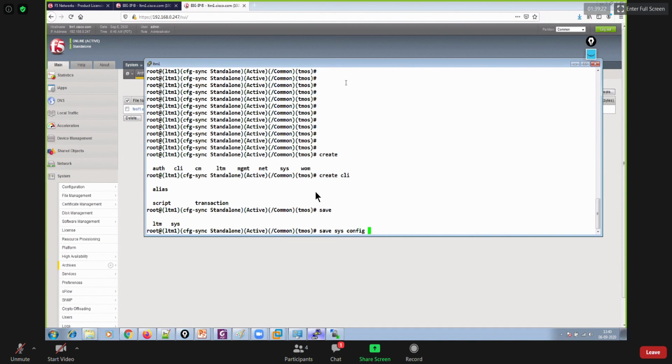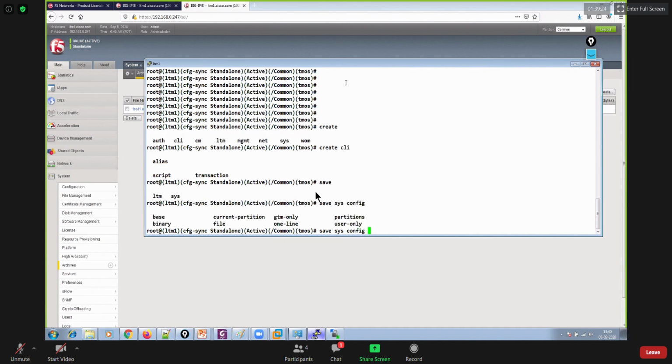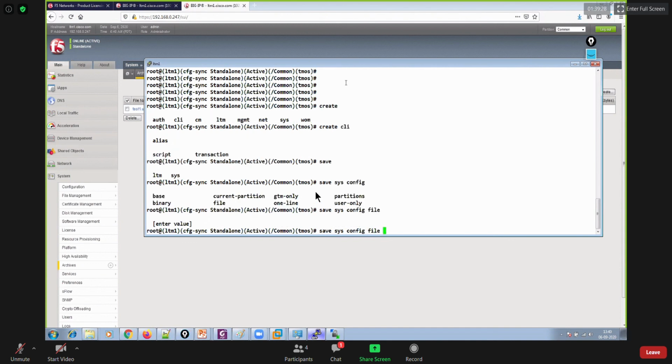This time the config file, and then I'll just say file and then file name. Let's say test1 or test2 Saurabh, right?